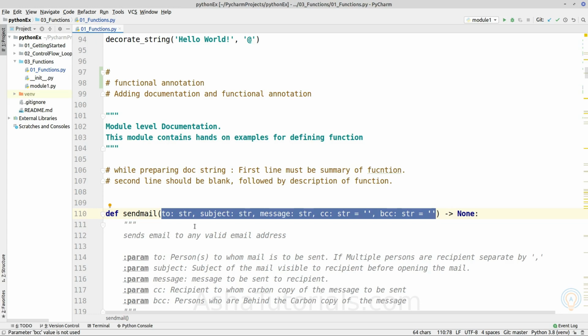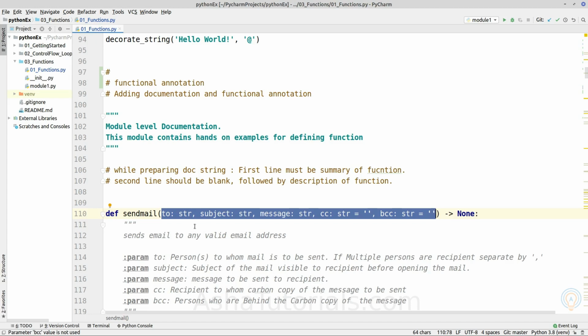But when that code passes to other developers, it becomes blurry what kind of data type is expected by the function.